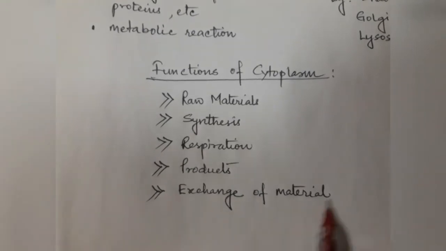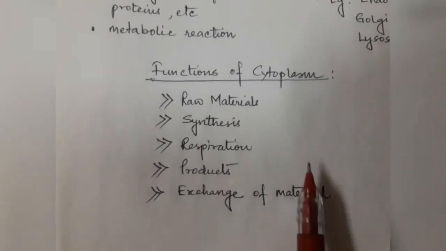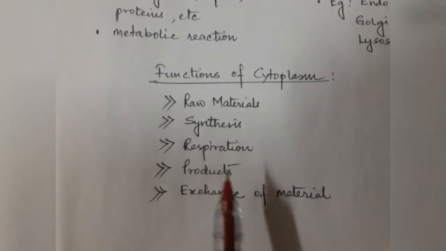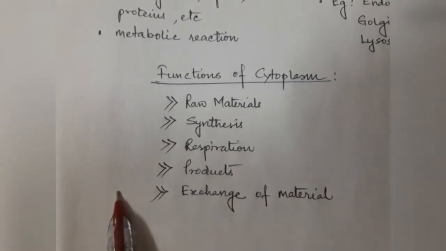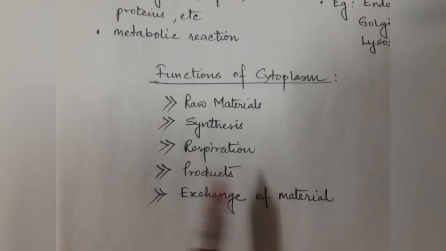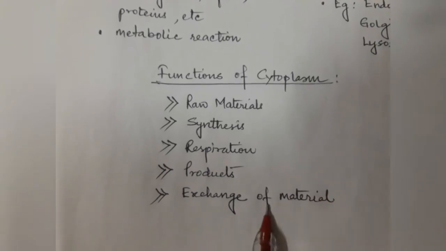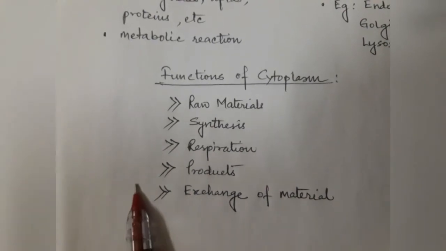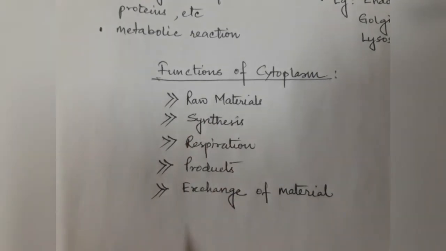So by these processes we can take material inside the cell, and the waste products that are produced during the reaction can also be exchanged, meaning they can be removed from the cell by exocytosis, or removal through an osmotic process, and that is exosmosis, where molecules or any waste products can be removed, right? So with this we come to the end of the discussion on cytoplasm. Thank you.